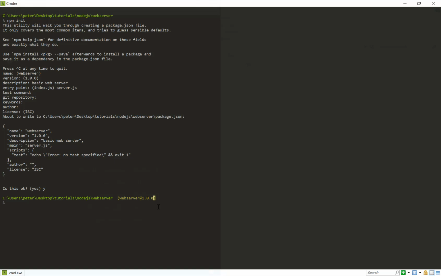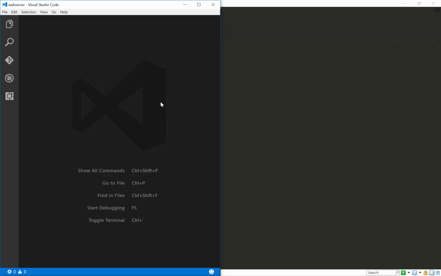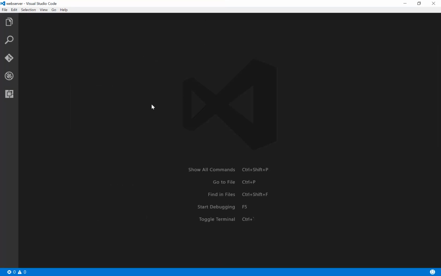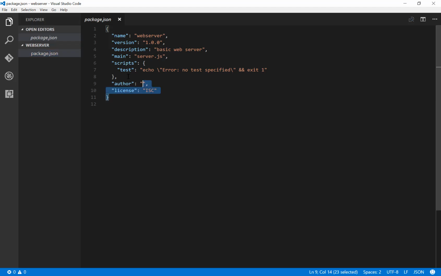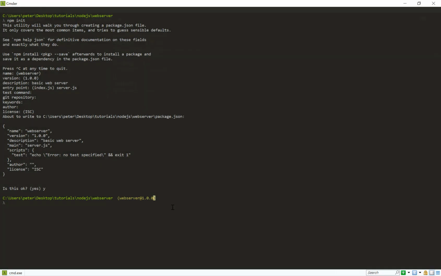If we go ahead and go to our Visual Studio Code, which is, by the way, written in Node.js using Electron, you can see that I already opened this package.json. This was created by npm init. So I want to change something here. I want to change test to start. That is going to be nodemon, or whatever you want to call it. And in your command prompt, because you probably don't have this,